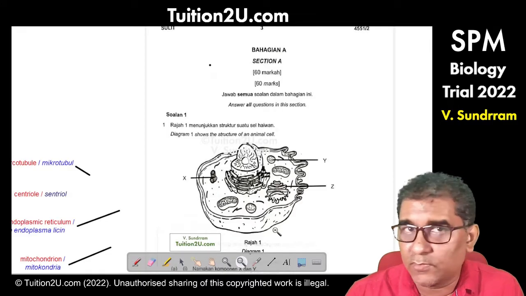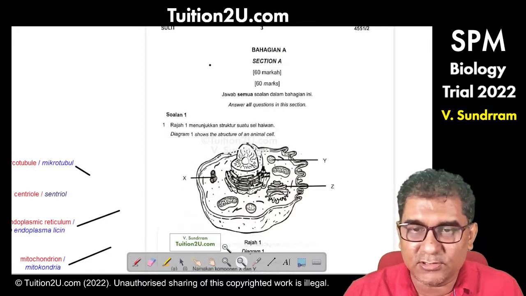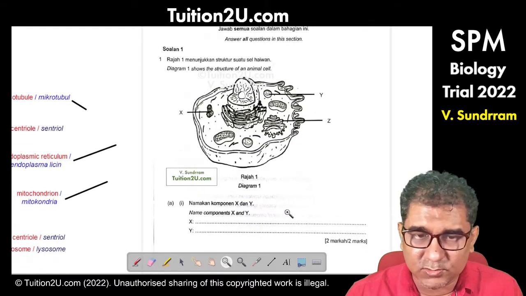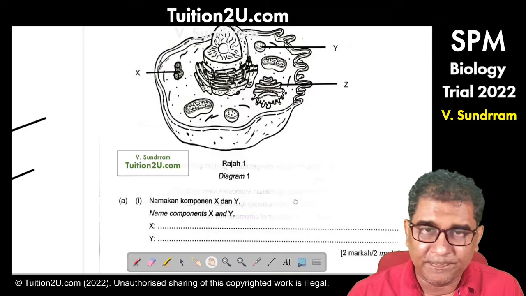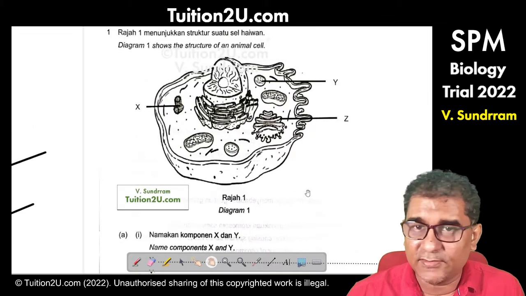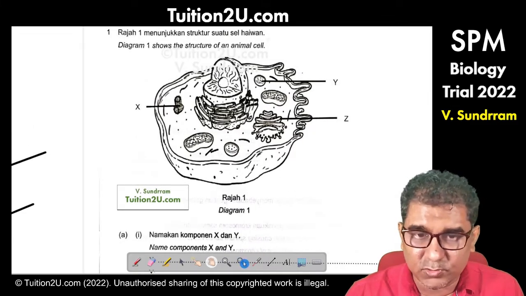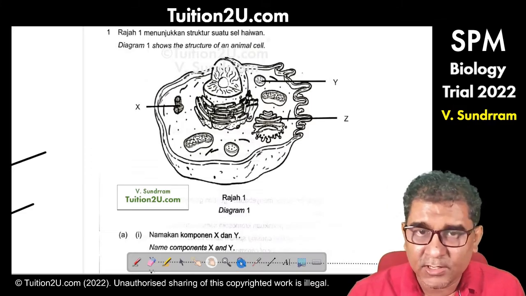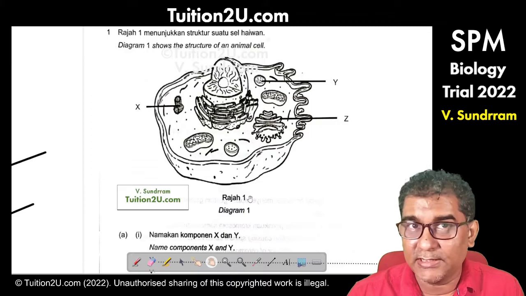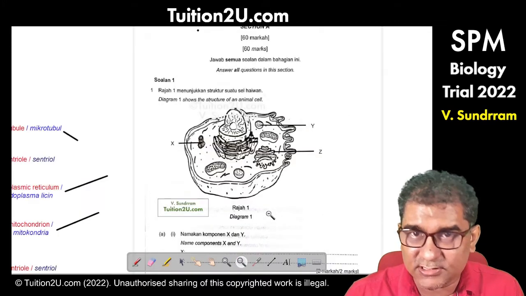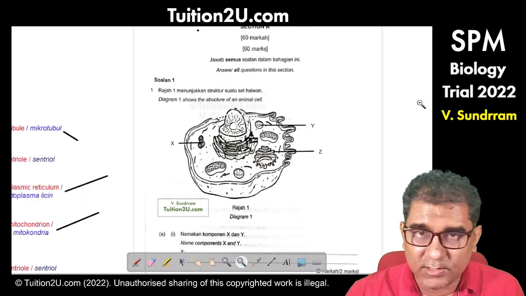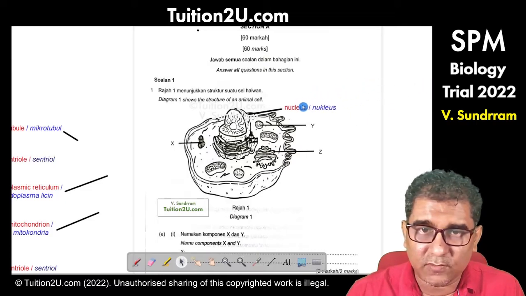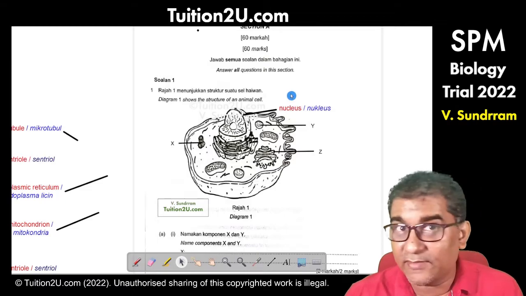Looking at the diagram, you automatically know they are going to ask us to identify these. The first one they ask you to identify is X and Y. But since we are making this trial paper a revision for us, we'll identify as many components of the cell as possible. The first one that we can identify is always the largest structure that you have inside,